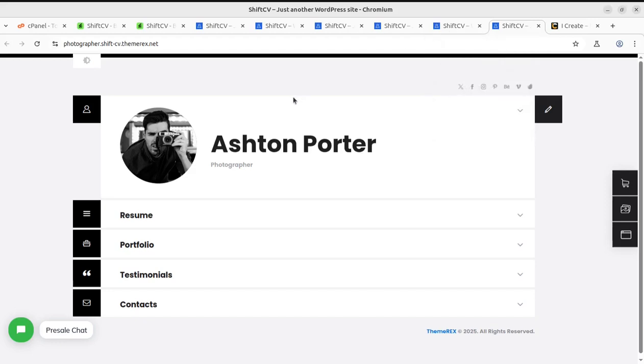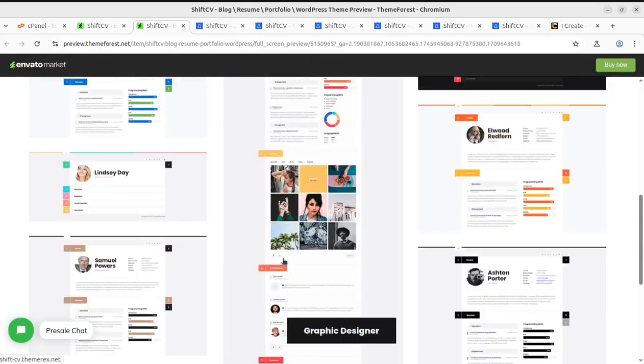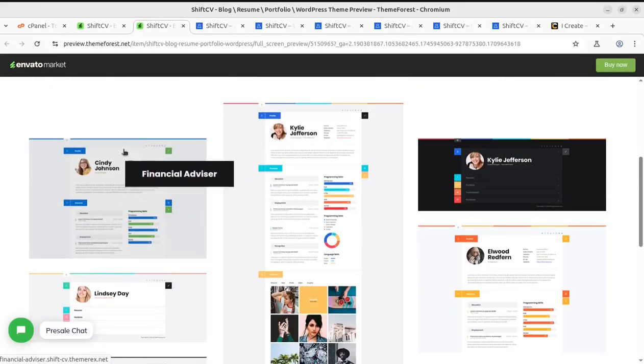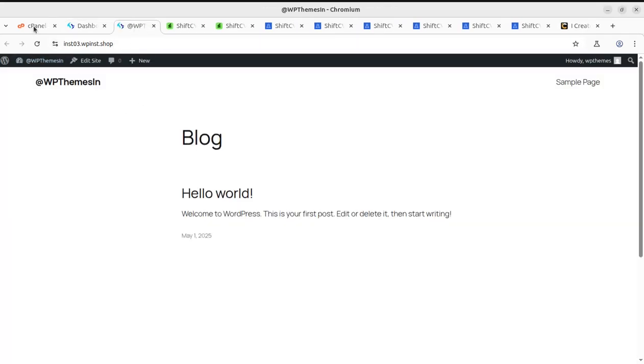So let us begin, and I am going to create this wonderful website. I have in fact 7 options that we can target with the theme that we are going to use, Shift CV. So I am ready with this core and fresh installation of WordPress that I just installed using this